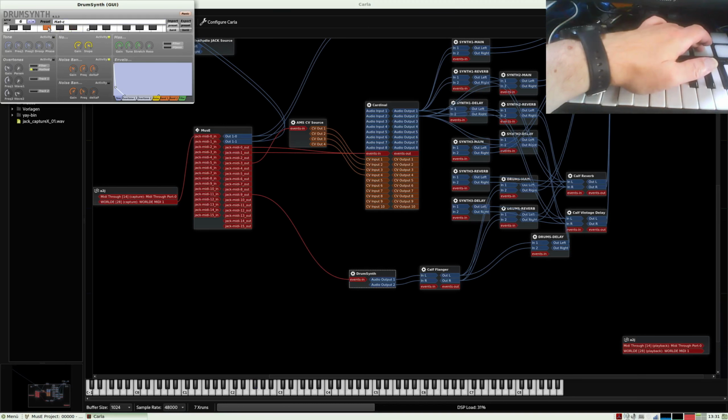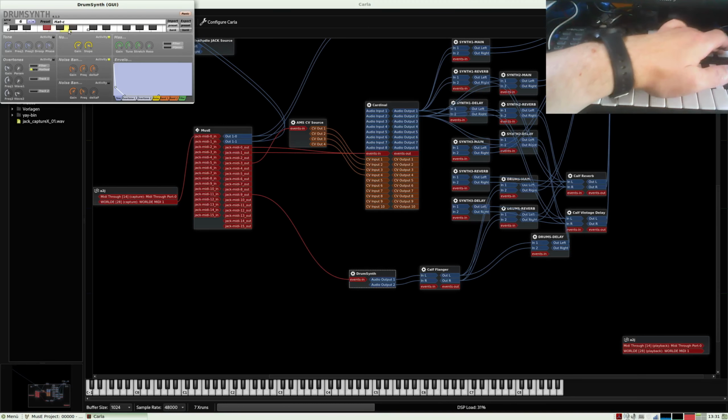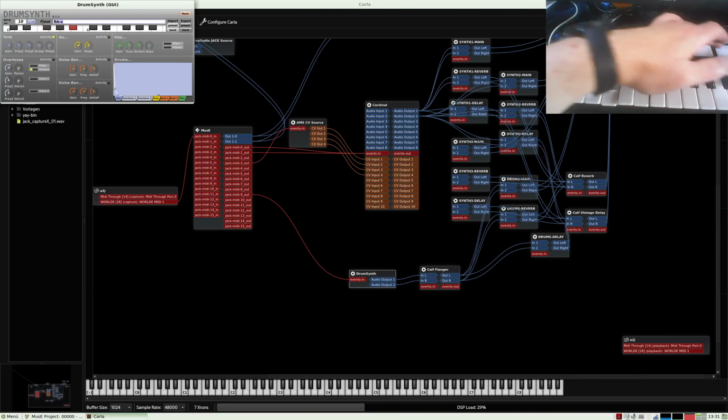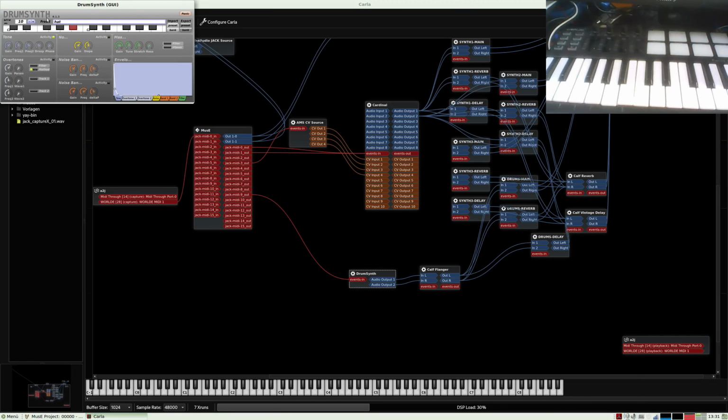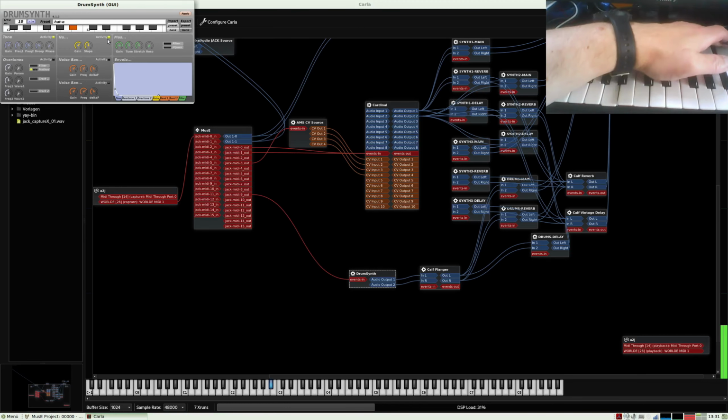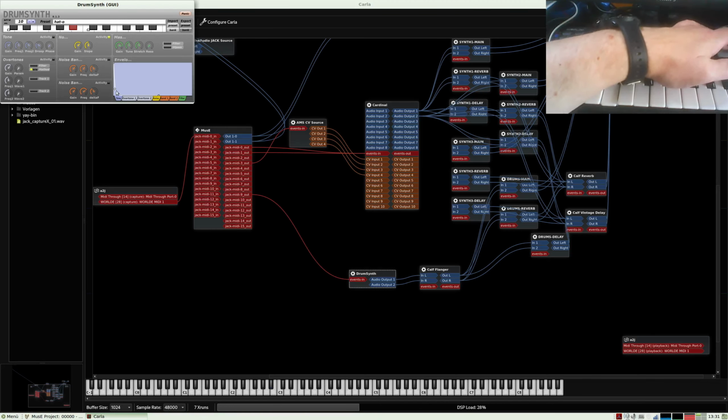This one here, hat C, and then this is hat O. And now we have to change things here. We need noise for hi-hat. We don't need a tone. And here you have an envelope for this noise.